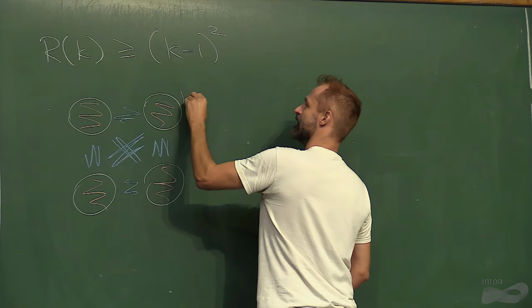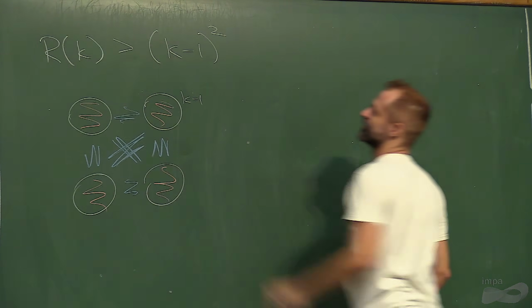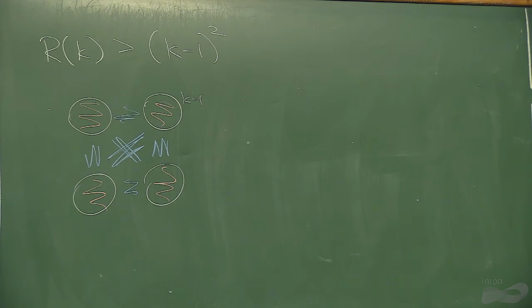If I take k minus 1 sets of size k minus 1 and color red inside and blue between, there's no red clique of size k because it doesn't fit in any of the parts. There's no blue clique of size k because you can only take one vertex from each part. Okay. So this actually proves strictly greater. Okay, so our lower bound is k squared, our upper bound is 4 to the k.